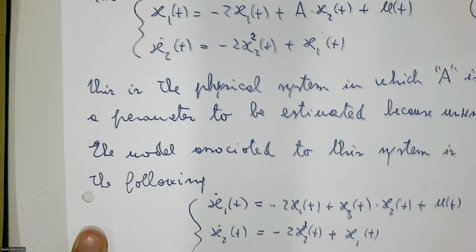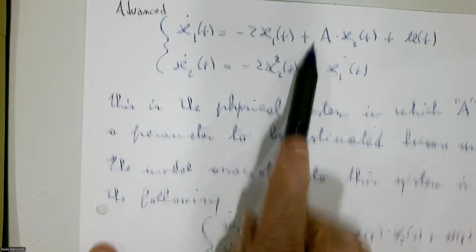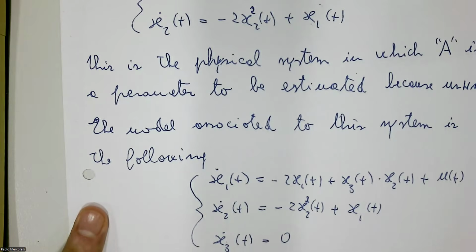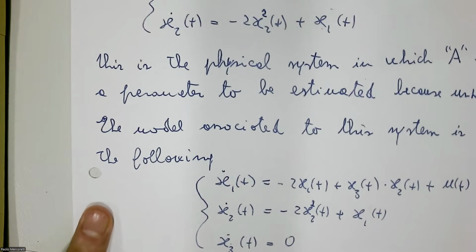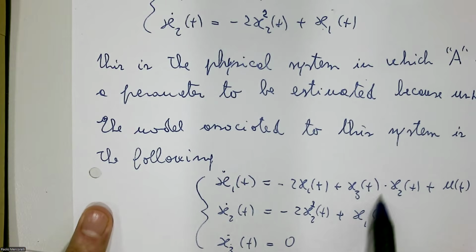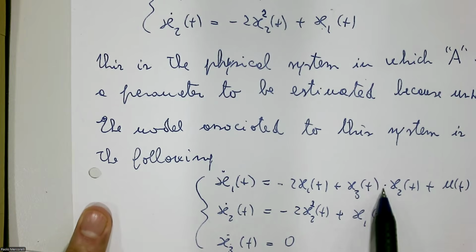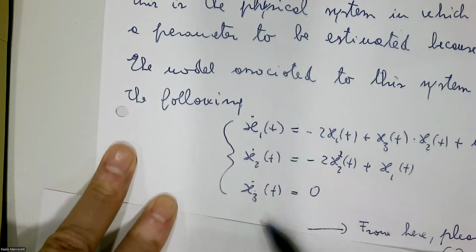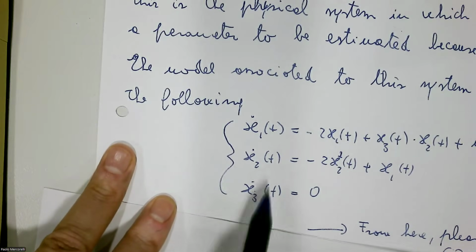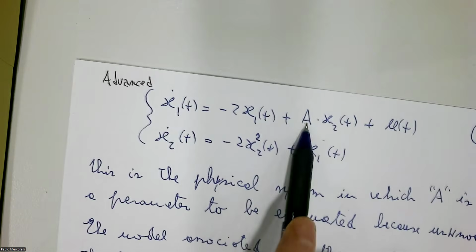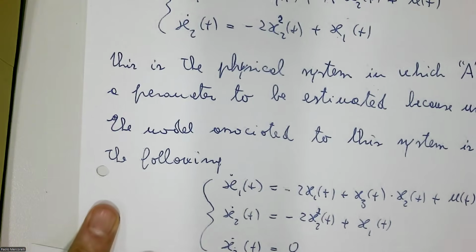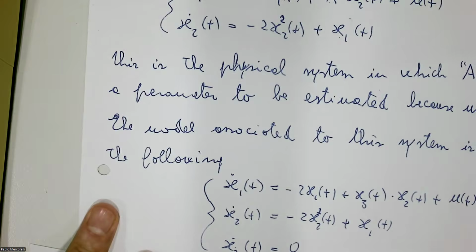But if I assume that A changes over time, A of t, like here x3 of t, I am assuming somehow that it is something that changes over time. This means it's not exactly a constant. Using this language here, I am saying I give you an identity to x3. X3 is equal to A. No? This is another notation in order to have all the states in the form of x, which change over time, but just